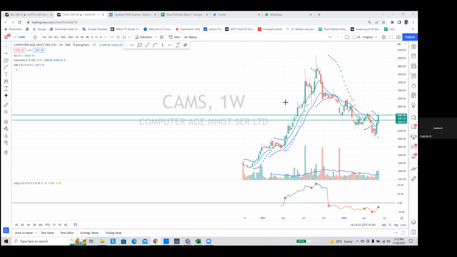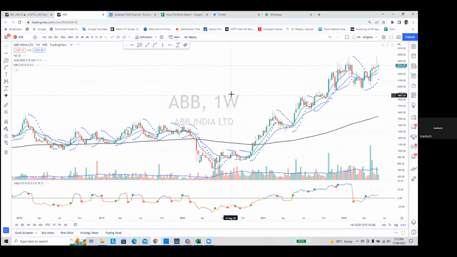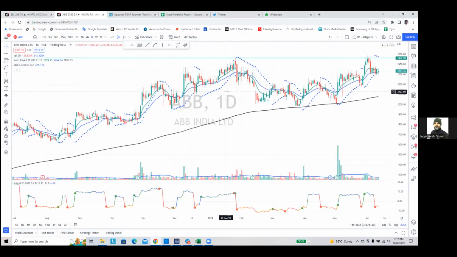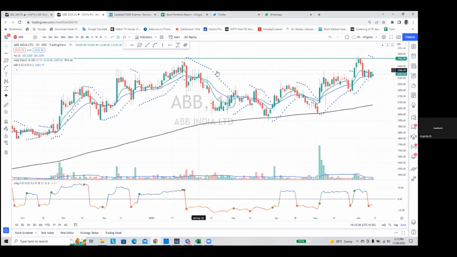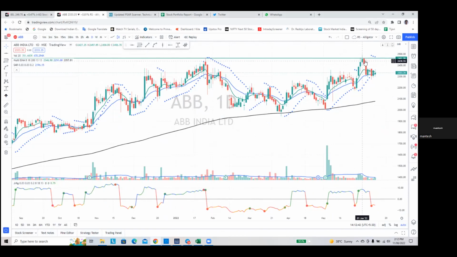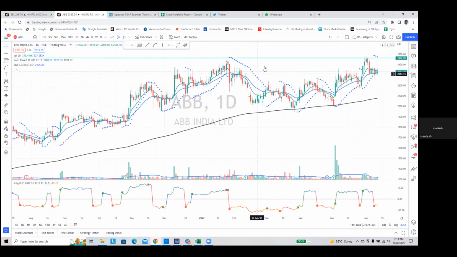I will show you one chart, a classic example, ABB. Say somebody was playing on a daily time frame. See, this is basically a typical double top formed here. You see here? Yes, it's visible. अगर किसी ने यहाँ पे पोजीशन लिया है 2222 स्टॉक ने अच्छा रैली दिया, डबल टॉप फॉर्म हुआ और उसके बाद स्टॉक फॉल करना शुरू किया और ये अभी कंसोलिडेशन कर रहा है। तो ये थोड़ा सा विजुअली देखने की जरूरत होती है डेली पे।